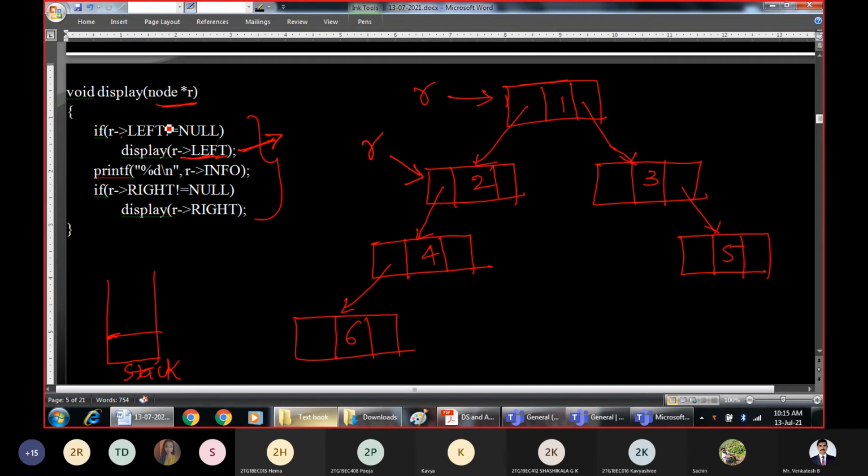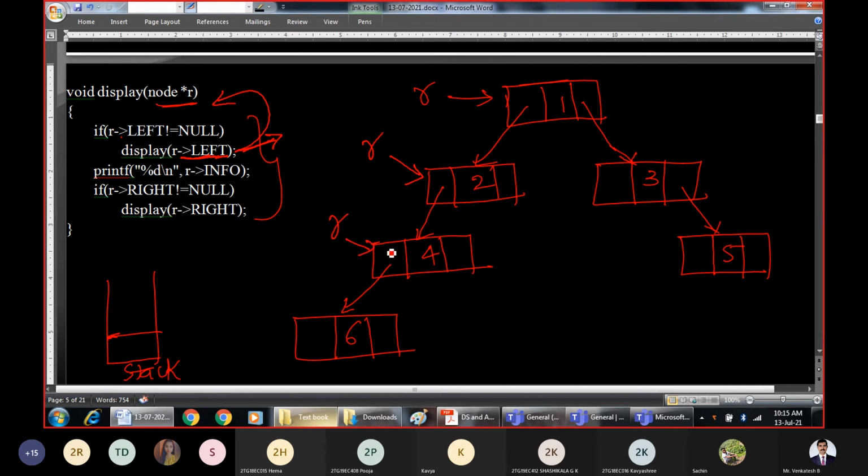Once you call this function again, we check again whether R pointer left is not equal to null. It is true. So once again we call the display function by passing R pointer left as a parameter. This is R, then R pointer left is this one. This is the new node.